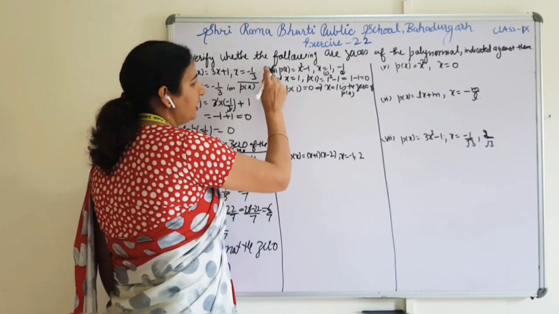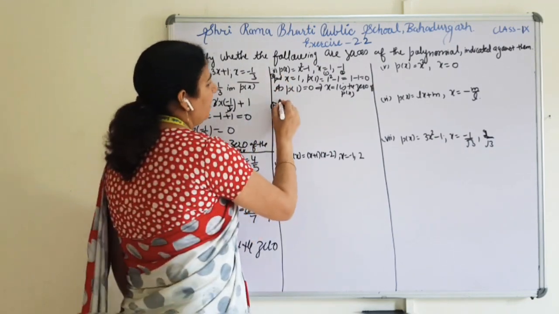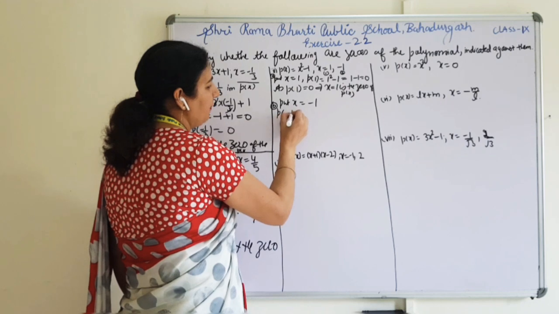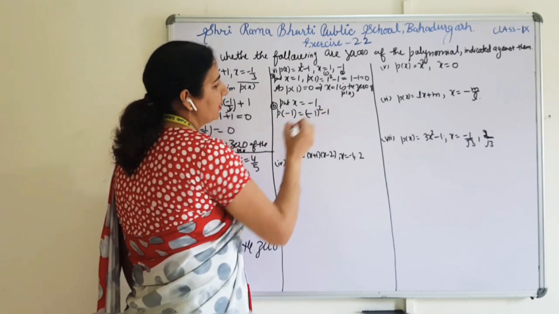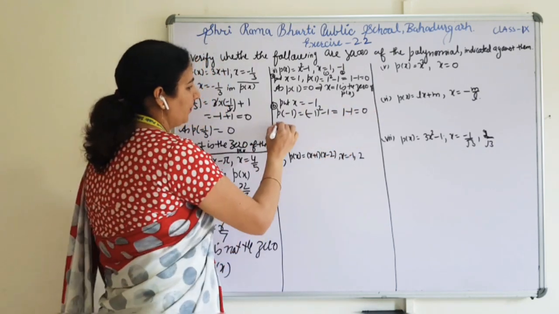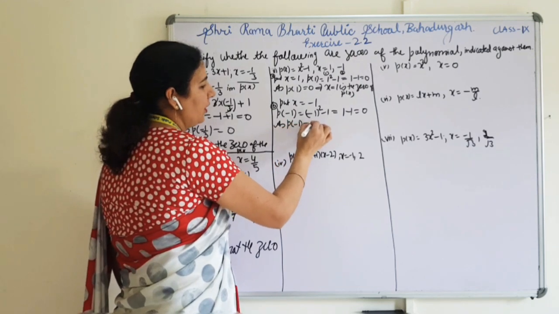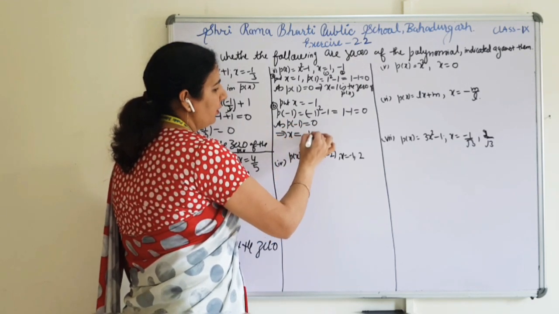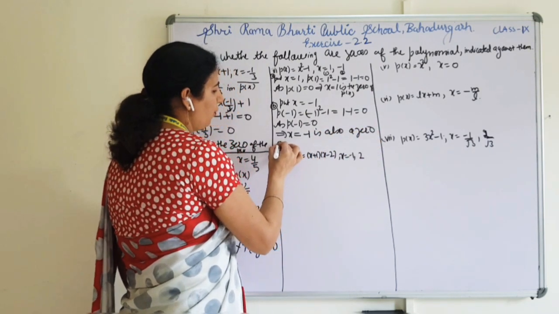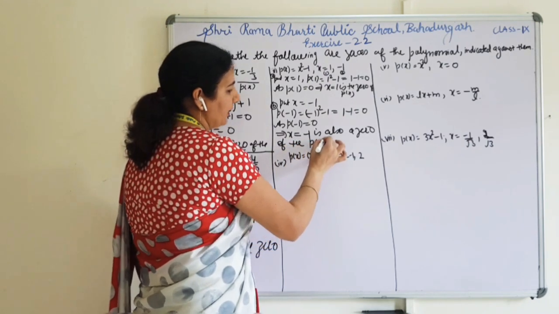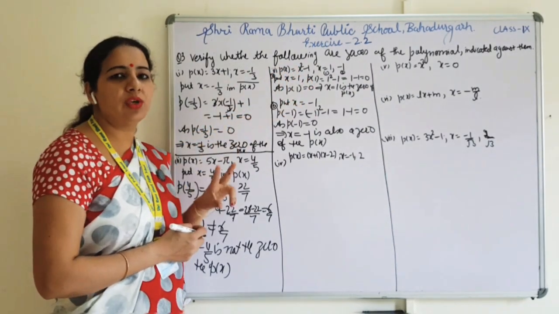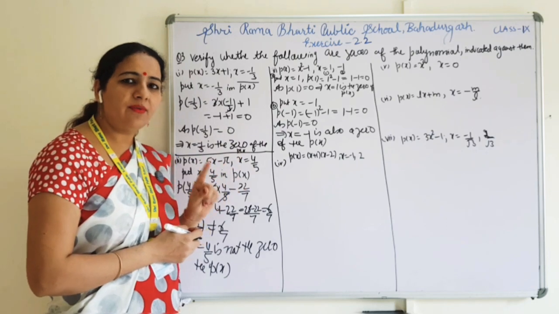Now B part, because in this part we are having two subparts. B part is put x is equal to minus 1. When you put x is equal to minus 1, p(-1) is minus 1 square minus 1. We all know that minus 1 square is also plus 1. And 1 minus 1 is 0. As p(-1) is equal to 0, this implies x is equal to minus 1 is also a zero of the polynomial p(x). When we are having degree 2, it means this polynomial will have two zeros. Degree 3, 3 zeros. Degree 1, 1 zero.